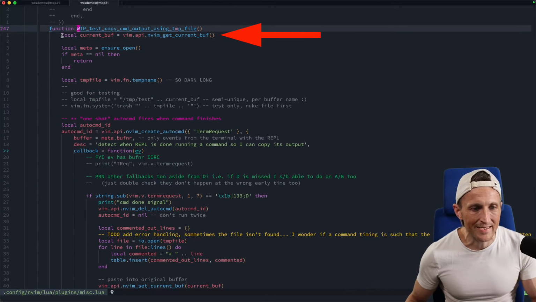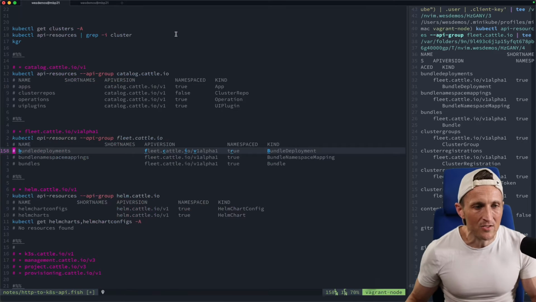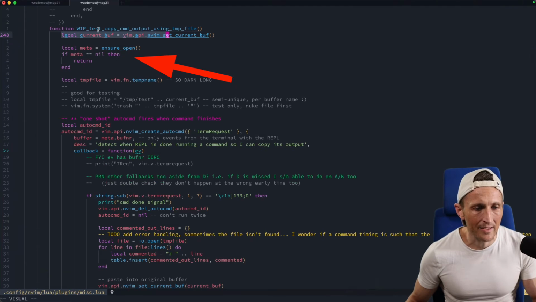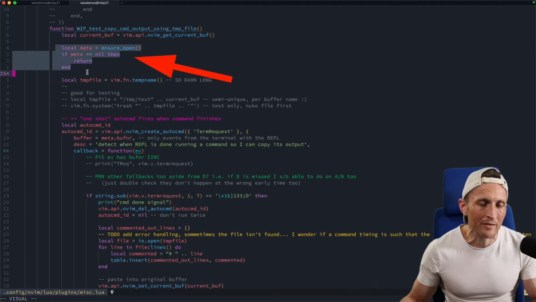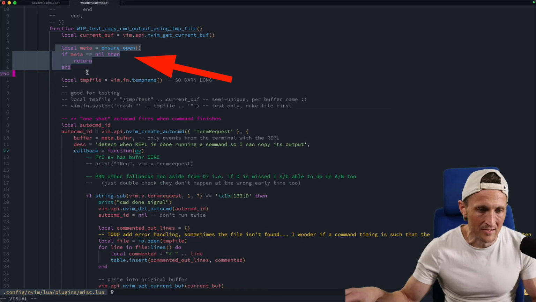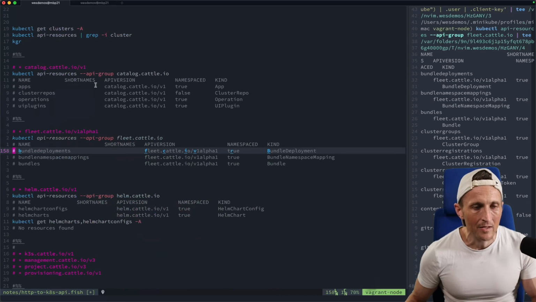Essentially what I do is I take the current buffer number, a reference to that, I capture that so I can come back to it. So that would be the buffer on the left here that has my script in it. And then I go about getting access to the REPL, open it up if it's not open, otherwise get access to the REPL instance. Once I do that, then I generate a temporary file name